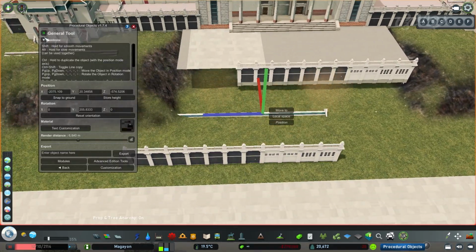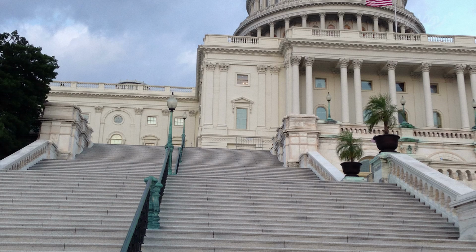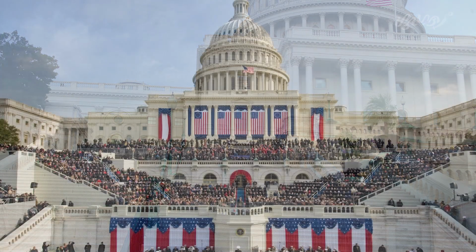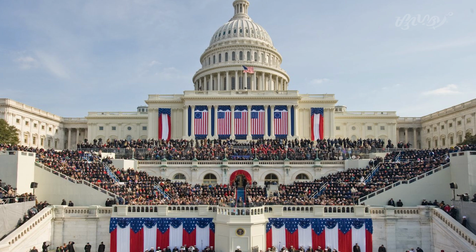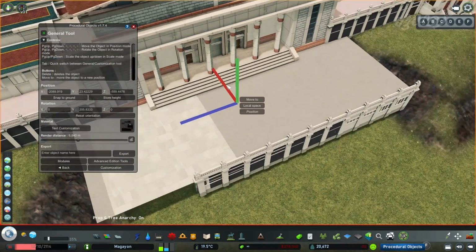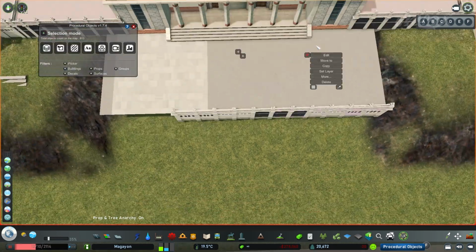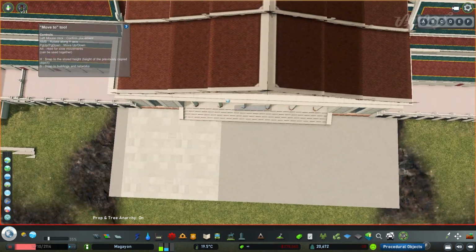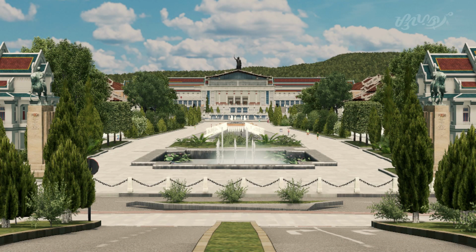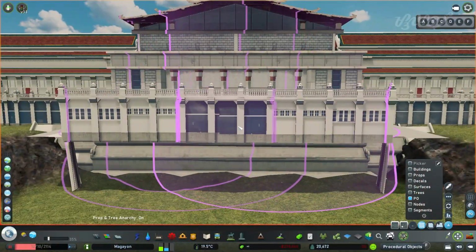As you can see, it has a terraced front and back because it's also located on top of a hill, and they have a lot of stairs there, and that's where the president is inaugurated. They have this huge step here, I guess, and then people can sit down, and people are also located at the National Mall in front of it. That's where people gather. Now, I just wanted to copy the stairway aspect of this one, but people can also gather here at the grounds of the National Plaza, of the Royal Plaza Museum, Royal Palace Museum. I get everything mixed up now.